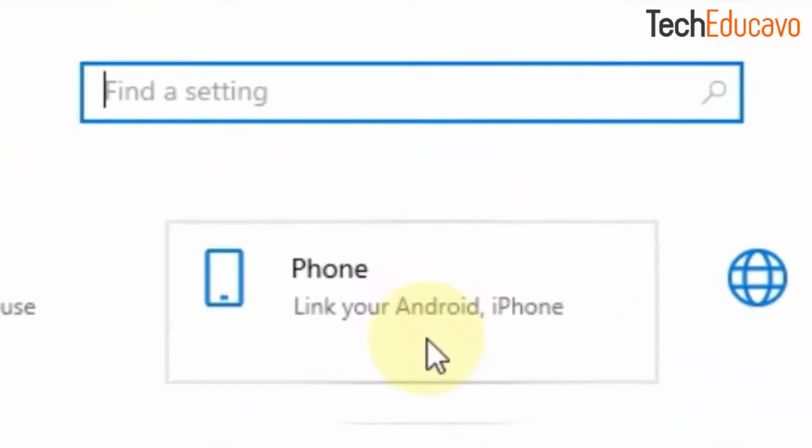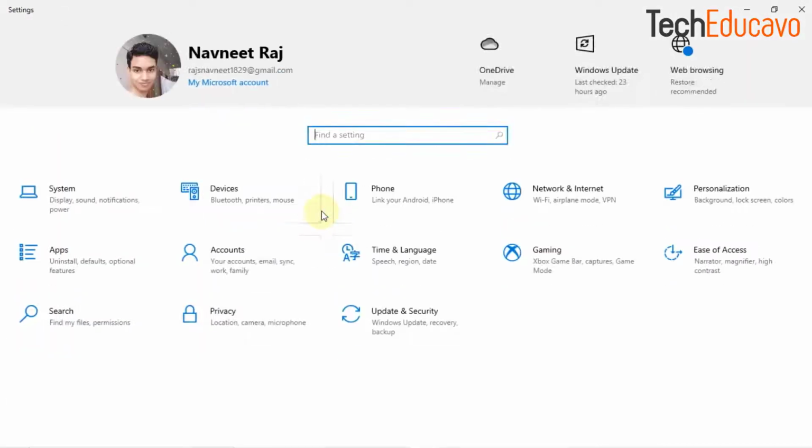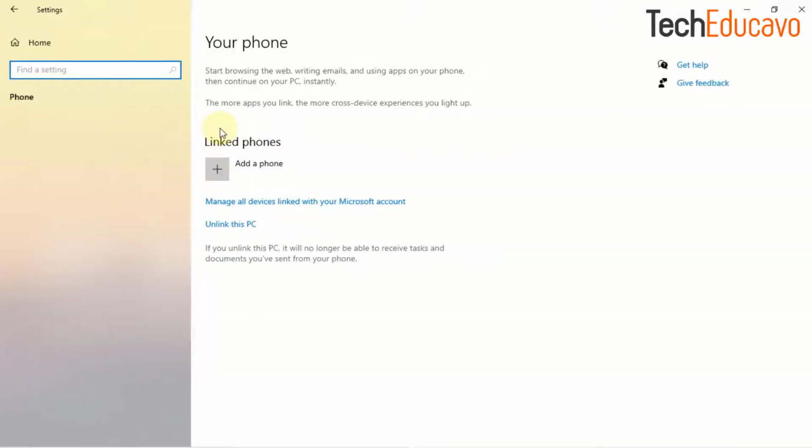The next one is Phone Sync Settings. A new addition with the Fall Creators update is the ability to link your Windows, Android or iOS phone to your PC and share documents, files and data more easily between them. This section of the settings lets you set up the phone sync and manage it afterwards.